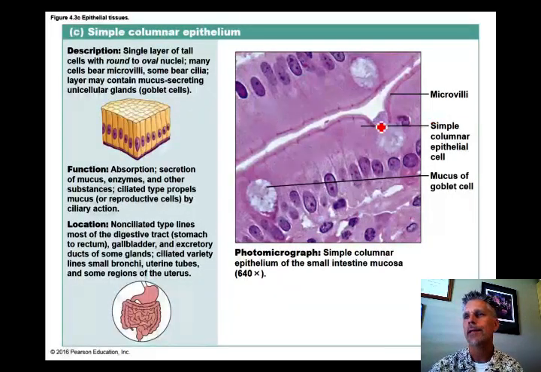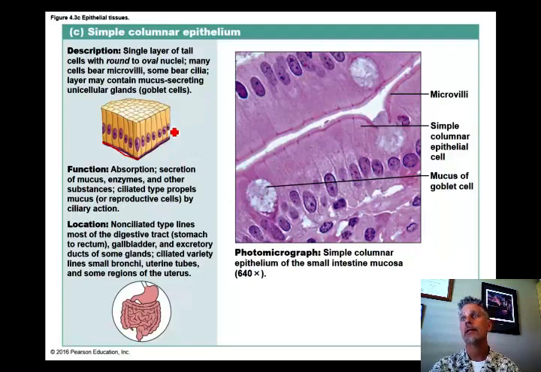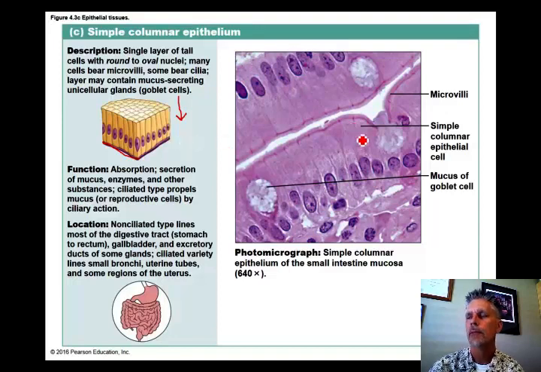Simple columnar. Now this is a little bit easier to see. Tall cells, one cell layer thick. Here's your basement membrane down here, right? So this is a little bit thicker. Oftentimes, like along the digestive tract, it's a good place where nutrients can absorb across this. But it's a little bit thicker, so it gives you a little bit more protection maybe compared to simple squamous